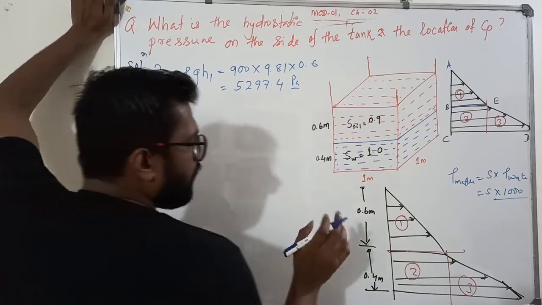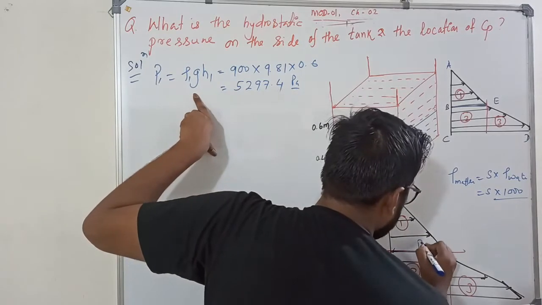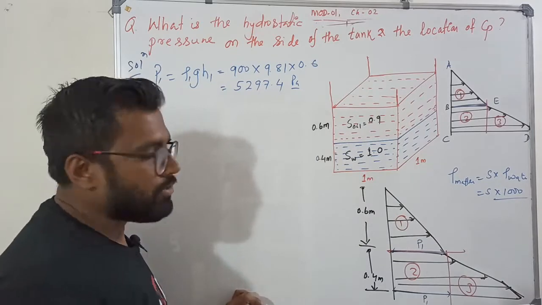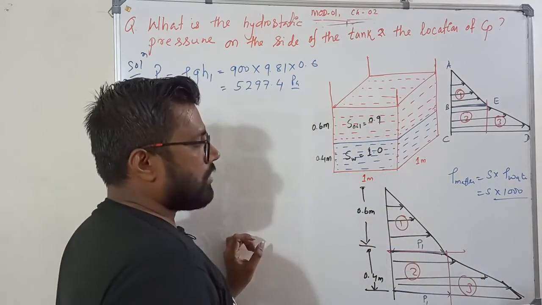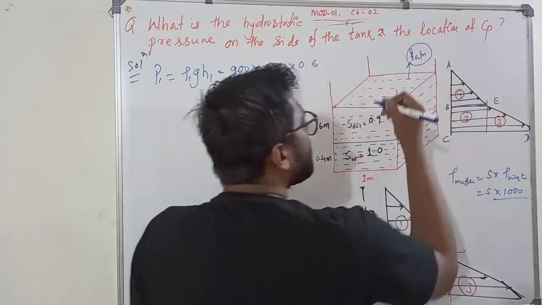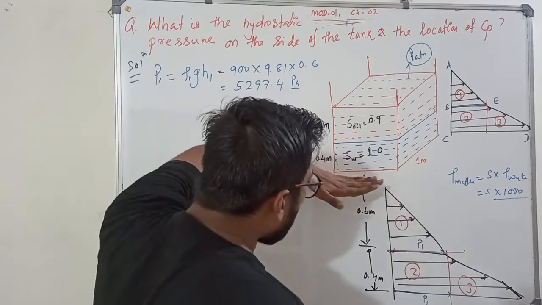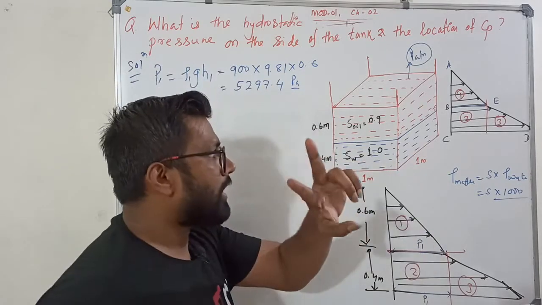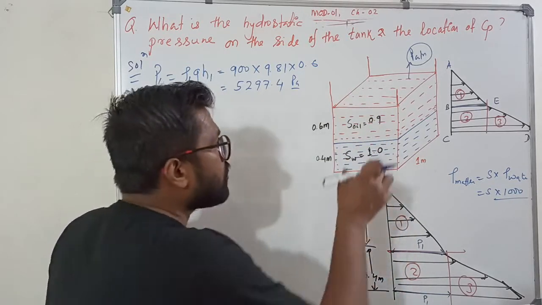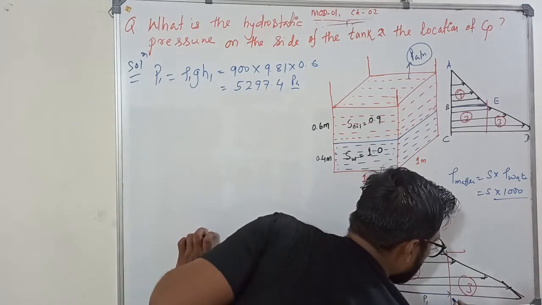So what pressure is acting here? The pressure you got is P1. The same pressure is acting up to this also, yes or no? Because of the water, above it nothing is there. This is atmosphere. What is the atmospheric gauge pressure? 0. That's why I directly wrote P1 as rho g h1. But if you see the bottom part, there are two pressures. One pressure is from the oil, the other is from the water itself. The oil pressure is rho g h1, this much only. The water pressure is this.